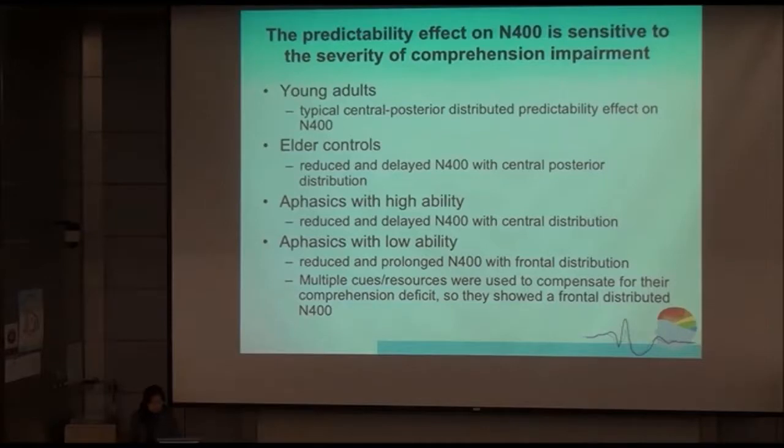So basically, we think those with really low reading comprehension ability still try to comprehend what is going on, but they have to use multiple cues and different resources to read for comprehension. So we see a frontally distributed N400. So this is the first part. And then,